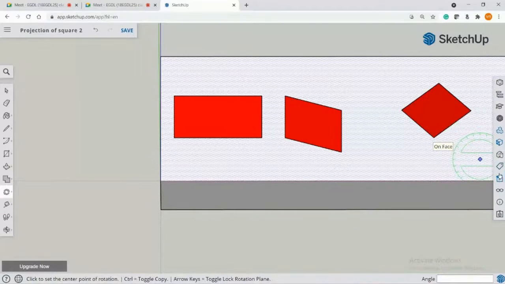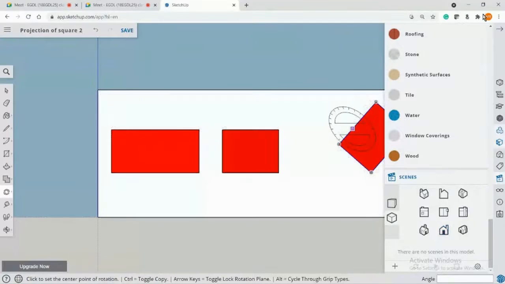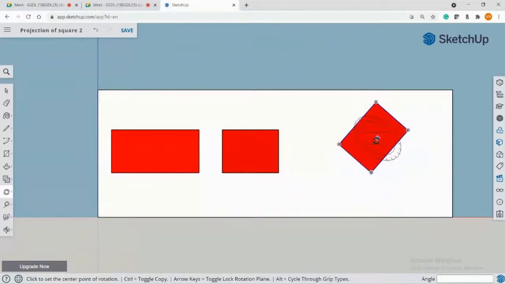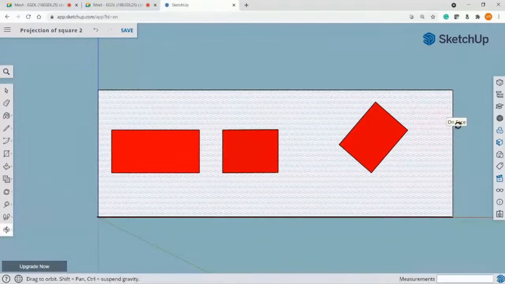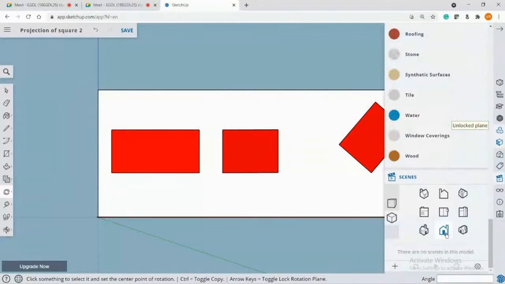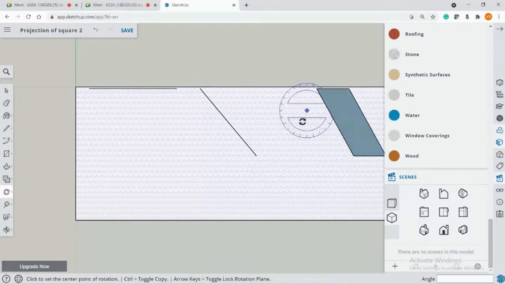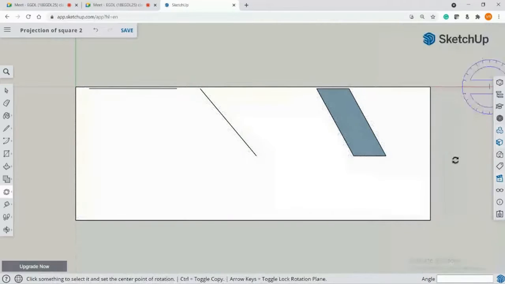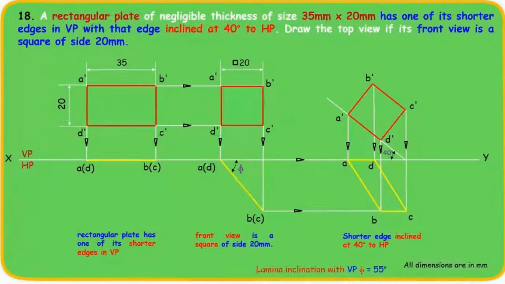So in the front view, when I see the front view in this position, it appears like this to you. Okay, so in the top view, it appears like this to you. What is there here? Okay, that is what is there here. Getting it? Now let's solve this problem in Solid Edge.